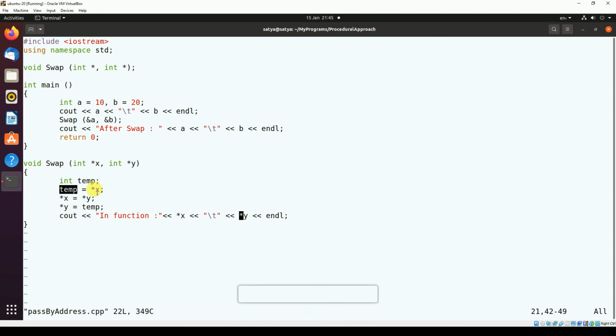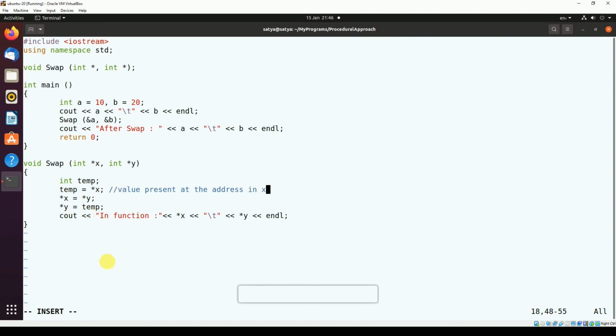Here when I say star x, it is value. Star means it will be something like this. Whenever you find star right after this, you can read it as the value present at the address in x.